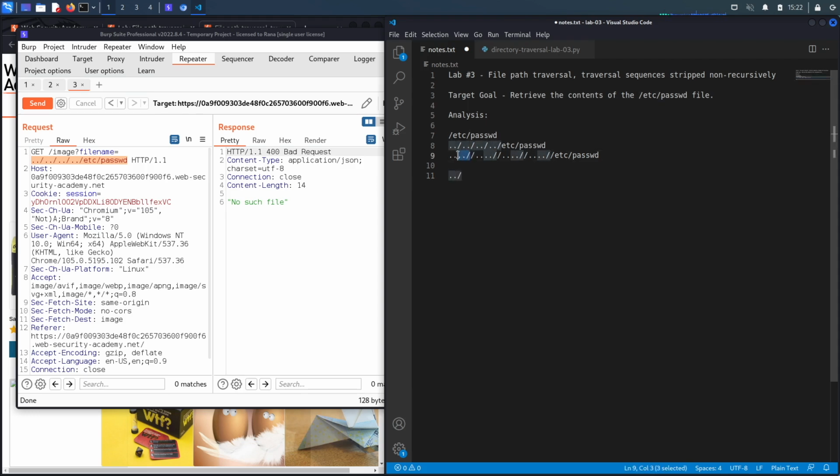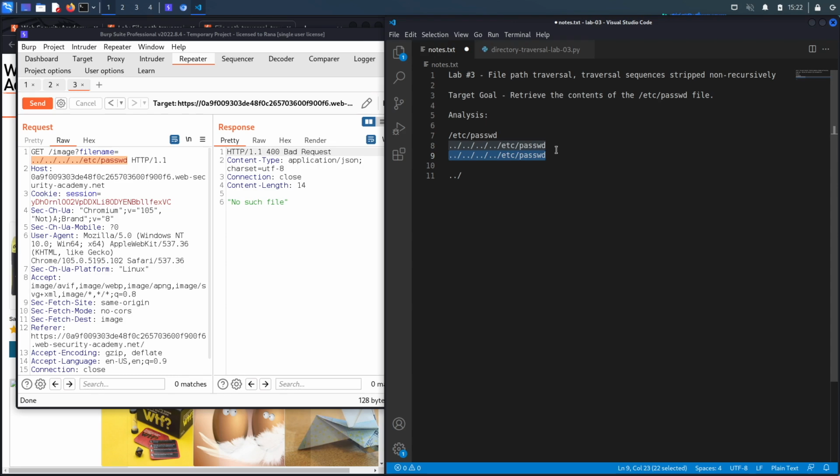And so it'll get removed in each instance. The third one as well, and then the fourth one. If it's not done recursively to check if there's any leftover strings, we do end up with our original exploit, which is a very simple way to bypass that specific